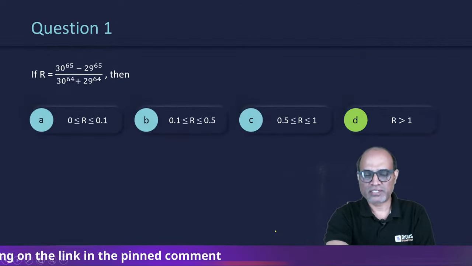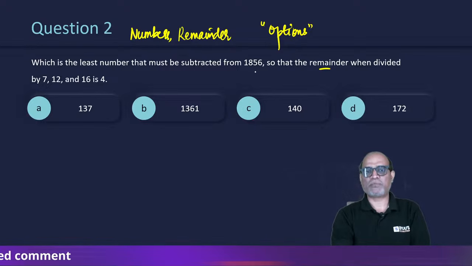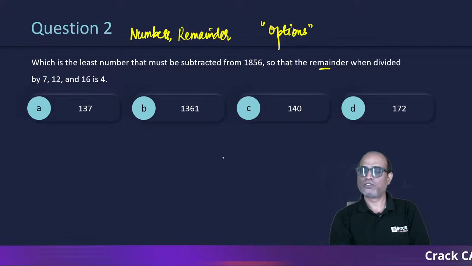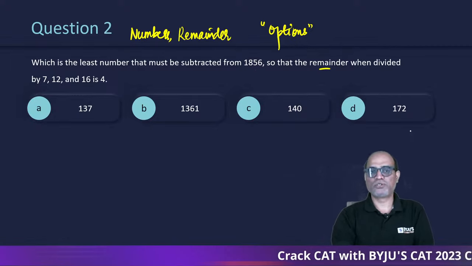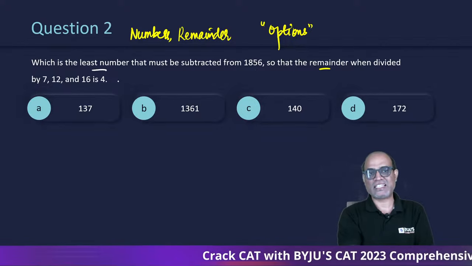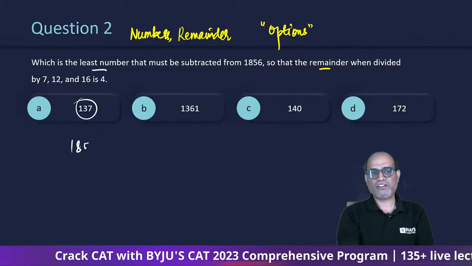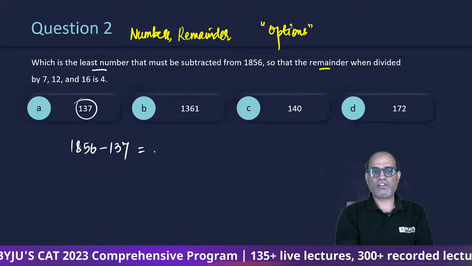So D is our answer. Second question: what is the least number that must be subtracted from this so that the remainder when divided by 7, 12 and 16 is 4? So from 1856, using the options, since the question says least number, the least number is 137. So from 1856, if I subtract 137, I will be left with